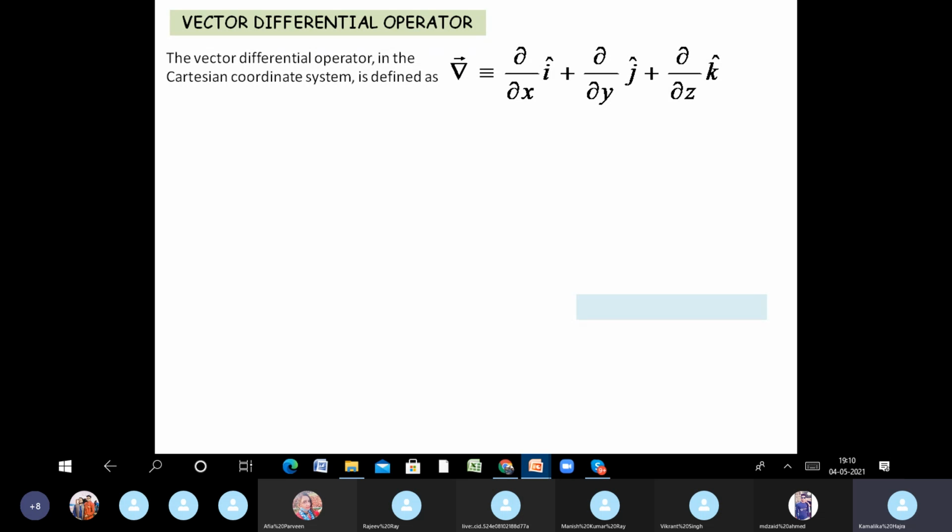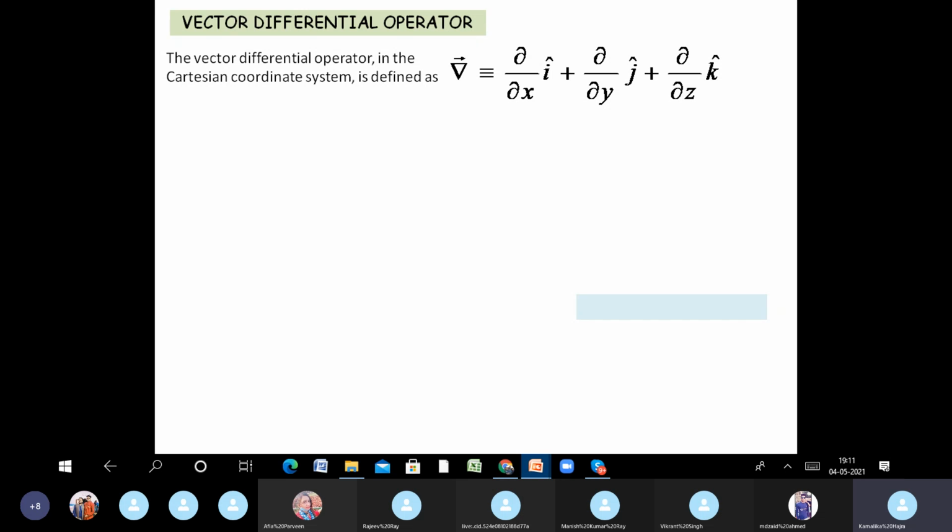Okay, and as I told you, if you do not give the vector sign on this Greek symbol here, then it doesn't mean anything. Only this Greek symbol, the alphabet nabla, with the vector sign on top, represents the vector differential operator. Without the vector sign, it is just the Greek letter nabla. It does not represent anything. So when you are writing your papers, please remember that if you are using the del operator or this vector differential operator, you must not forget to give the vector sign on its head.